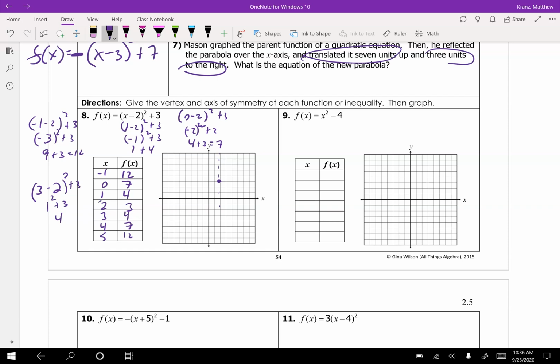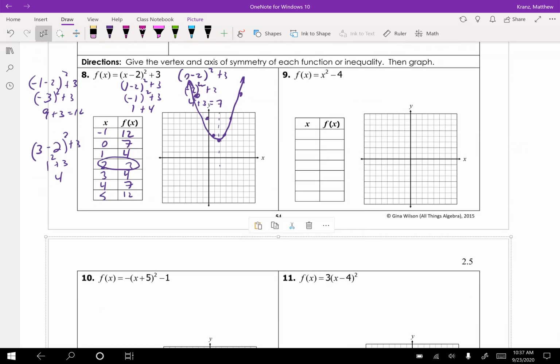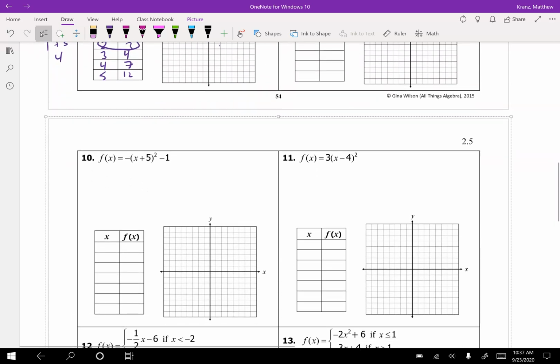We already have our 2, 3. So we have a 1, 4. We have a 0, 7. And we'd have a -1, 12 all the way up here. And it's the same thing on the other side. All right, so that's how that one is graphed. I'll let you guys tackle number 9. Let's go